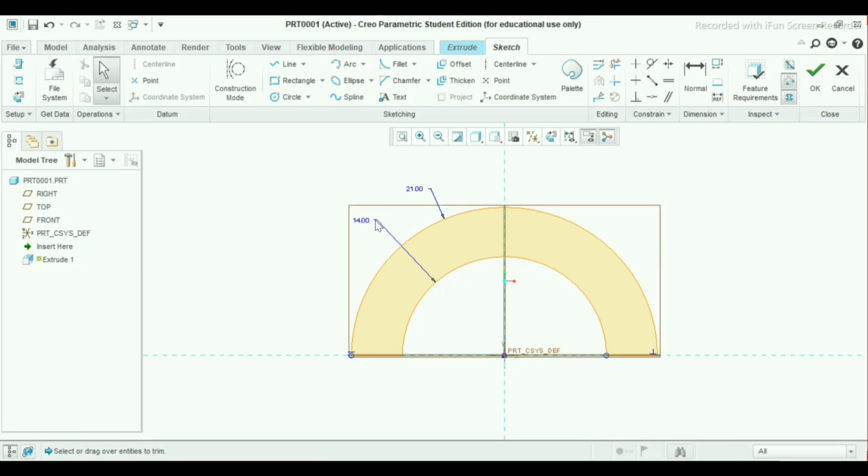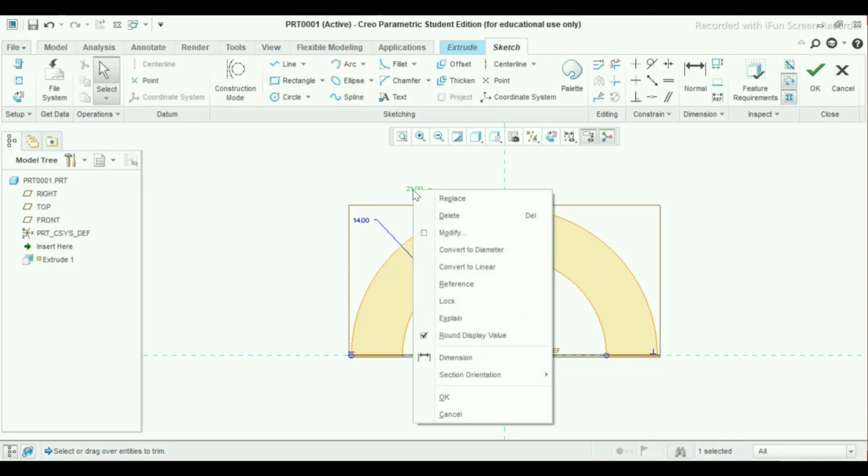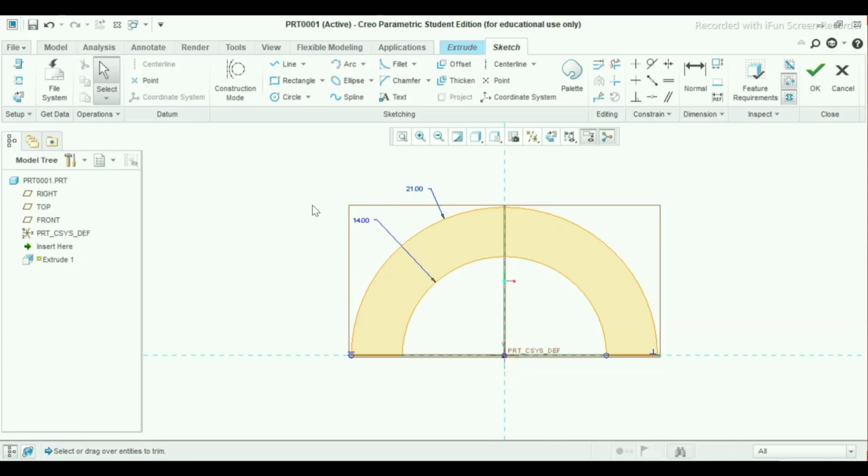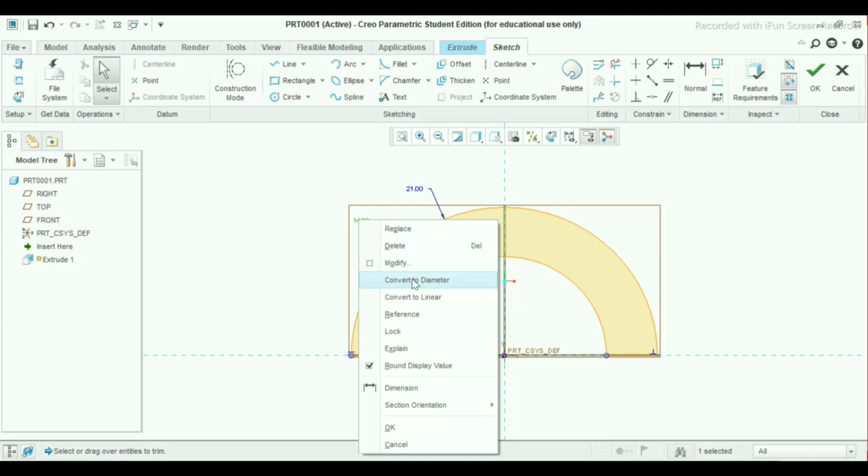So how to define whether this is a diameter or radius? Select this, right click, press right click long. These have converted into radius only, so let it be. This is also converted into radius only, so let it be.